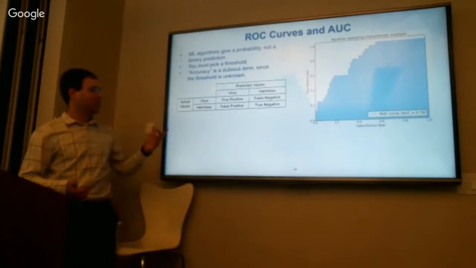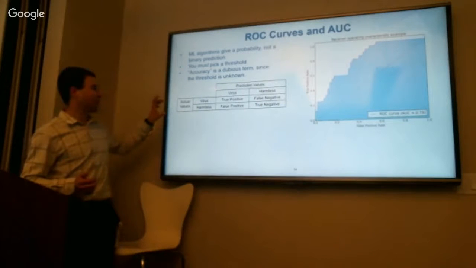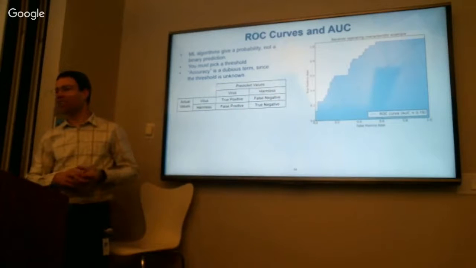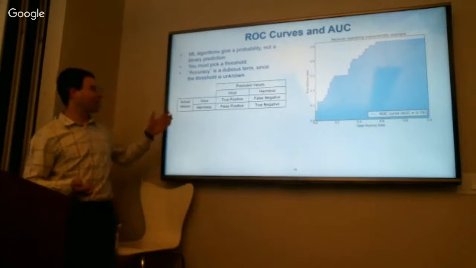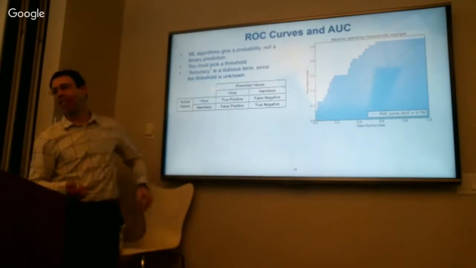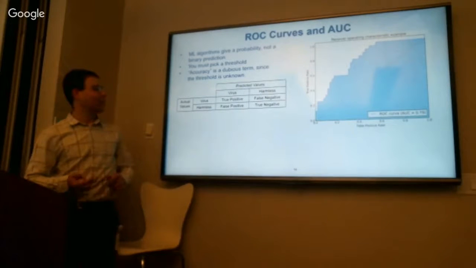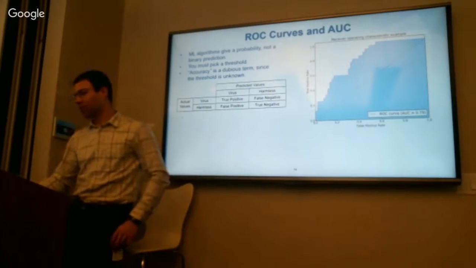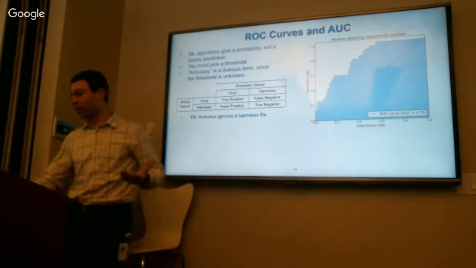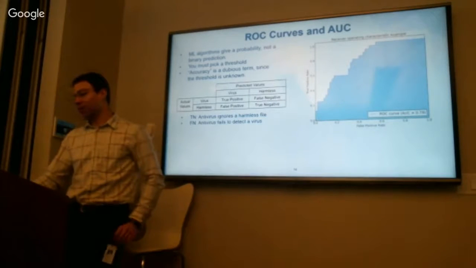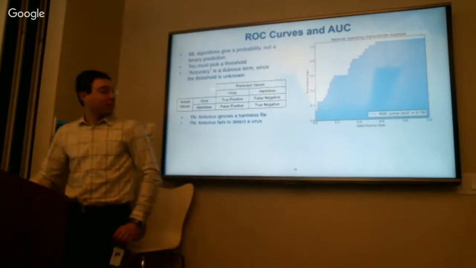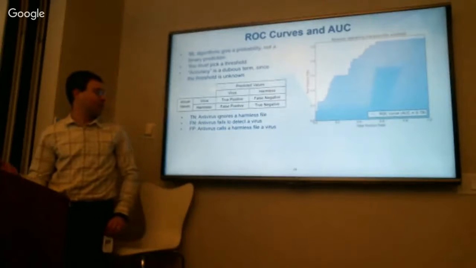So over here we have actual values. In this example, I'm going to use antivirus software trying to find viruses. So you have the actual, whether the file is a virus or harmless, and then you have the model's predicted value of whether the file is either virus or harmless. A true negative would be when the antivirus ignores a harmless file, and you're happy about that. A false negative would be the antivirus fails to detect a virus, and you're not happy about that. A false positive is when the antivirus calls a harmless